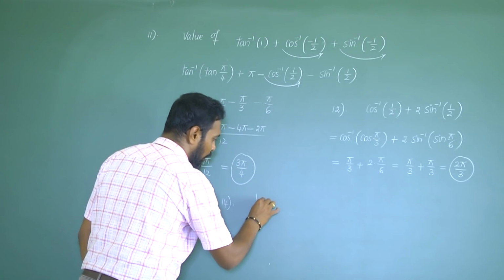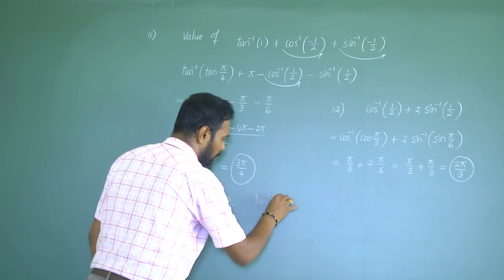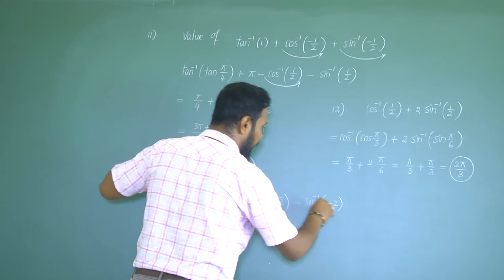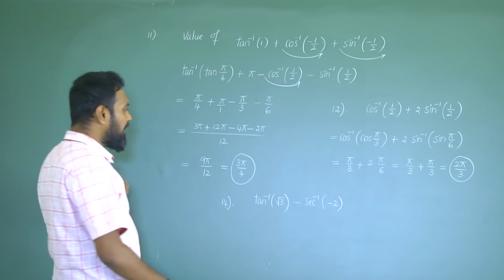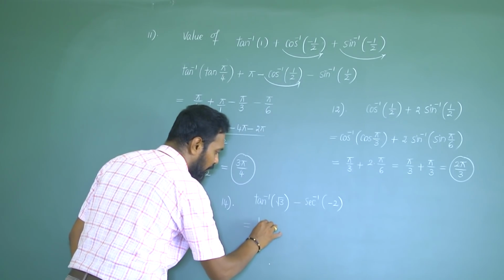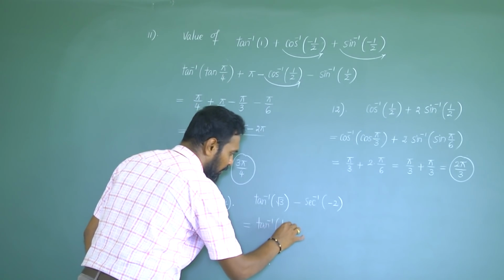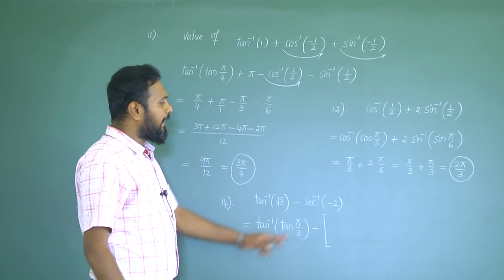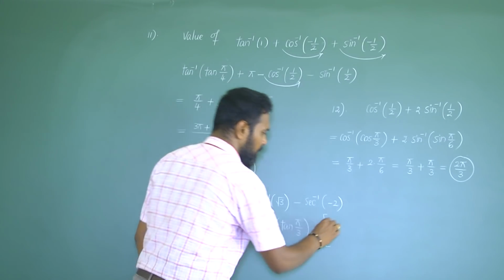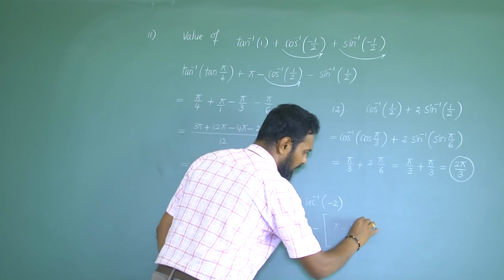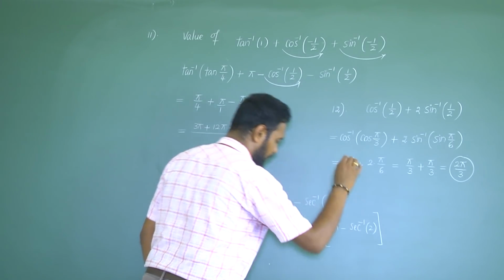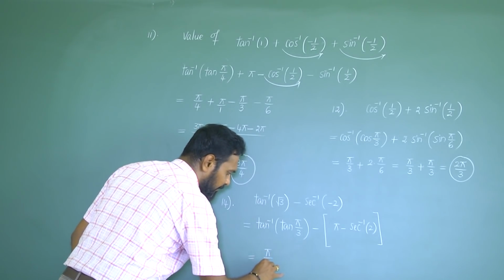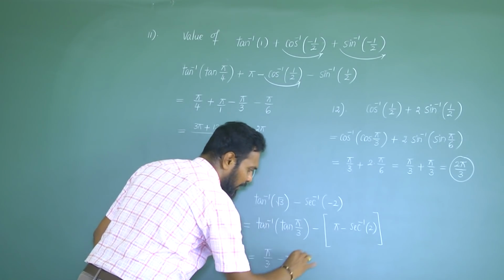Same, find the value of tan inverse root 3 minus secant inverse of minus 2. How I can write root 3 in terms of the tan function is tan inverse of tan pi by 3, minus secant inverse of minus x, the formula is pi minus secant inverse x, that is 2. It is tan inverse of tan pi by 3, that equals pi by 3, minus pi minus into minus